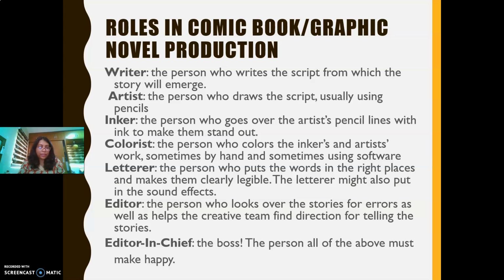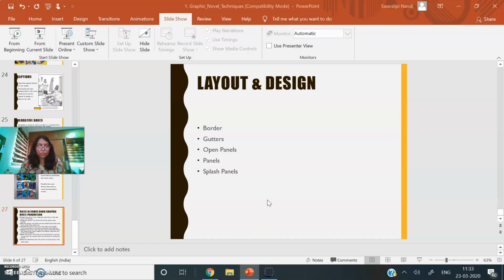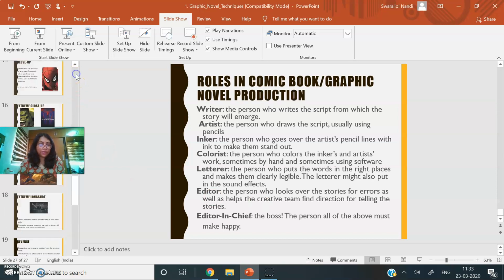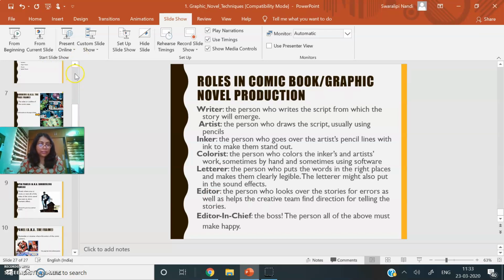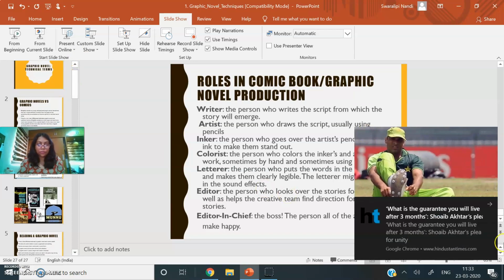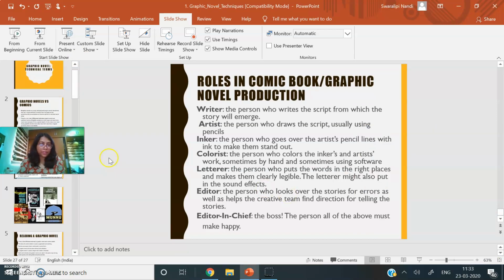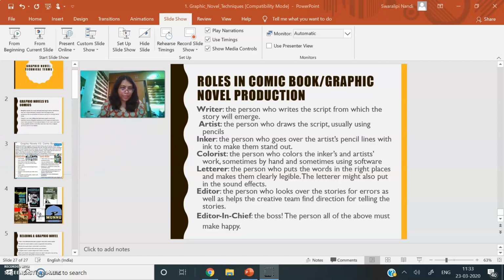And finally, once the final product is ready, you have the editor-in-chief who's almost the final surveyor of the whole thing. He's a boss, he's a person all of the above must make happy. Okay, so once he okays the story, then it is ready for production. So these are the different terms that we need to know in terms of graphic novels. And once we start the text, I'm going to take you through the text. And once we read the text, we will understand how these different techniques are working in terms of creating meaning for the